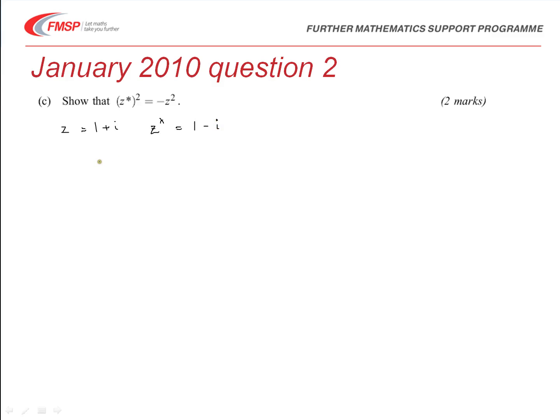So we've got to show that 1 minus 2i all squared, that's the z star squared, is the same as negative z squared. So we start with the left hand side. We can show that z star squared is going to be equal to 1 minus 2i all squared,